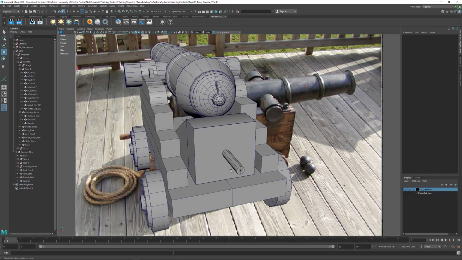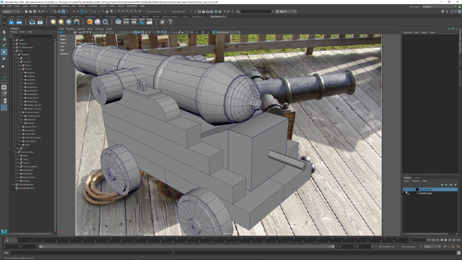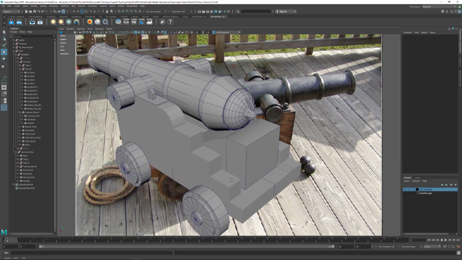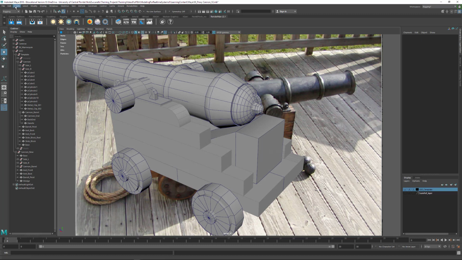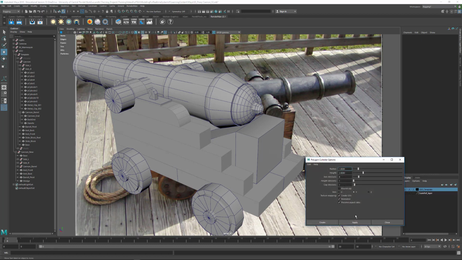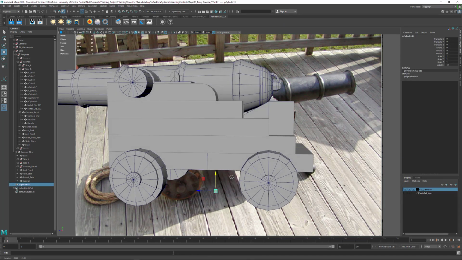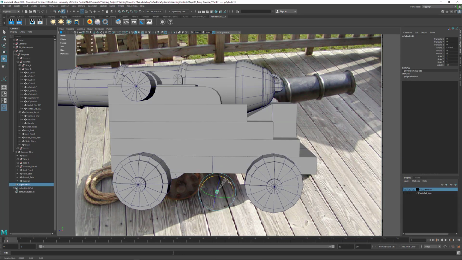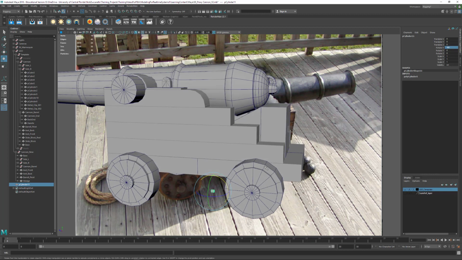And then we need to create this little tiny pipe right there like that, and through here. So we'll do create polygon primitives, and we'll do a cylinder. We got an axis division of 8, hit apply for that, and then we can rotate this into position. So let's rotate it here. We can change this to -90, and we can move it